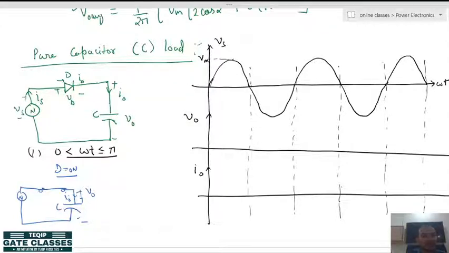Now, if you see here, again the load is in parallel with the source, but one question arises: will it continue for the full cycle? Means we are talking about 0, pi, 2 pi, 3 pi, 4 pi and so on. Will it continue for the full half cycle 0 to pi? Let us check. We know that when the capacitor charges, the capacitor charging current is given as I c equal to C dVc over dt. In this particular case, we can write I naught is equal to C dV naught upon dt.